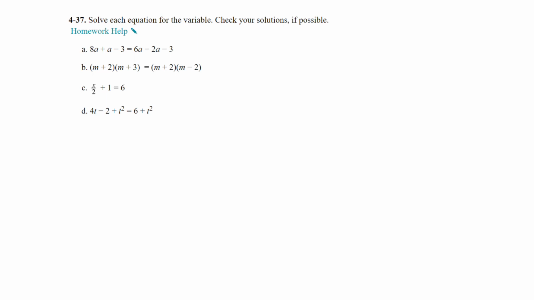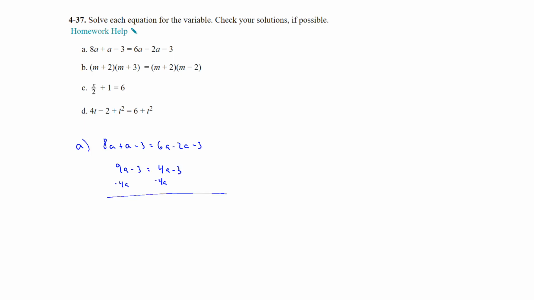On question 37, there are 4 questions. We're just going back and solving each equation. On the first one, A, we have 8a plus 1a minus 3 is equal to 6a minus 2a minus 3. So we're going to combine our like terms on each side. Then we're going to get the variable on one side. In this case, we'll